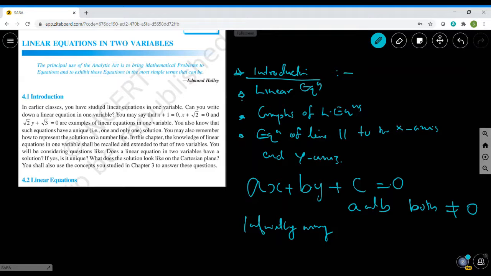Then linear equation means, we know, an equation of a line. The graphical representation of a linear equation is always a straight line. Next we are going to solve the first exercise of linear equations in two variables. It is a situational problem. The first statement problem is given, with the cost of a notebook and the cost of a pen.